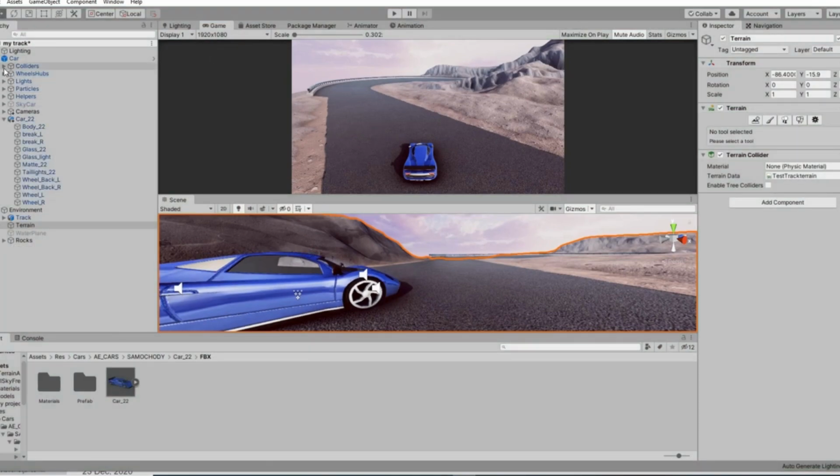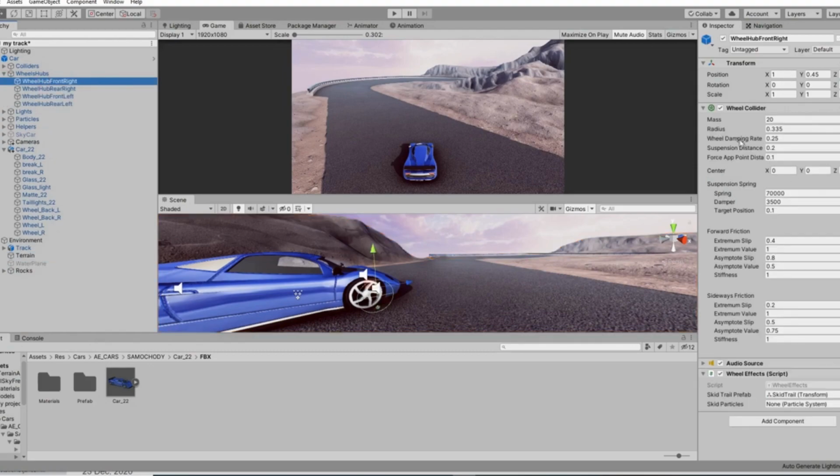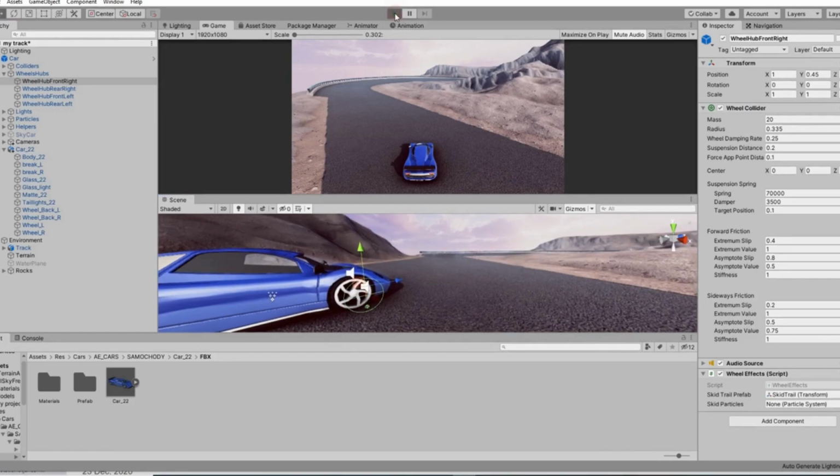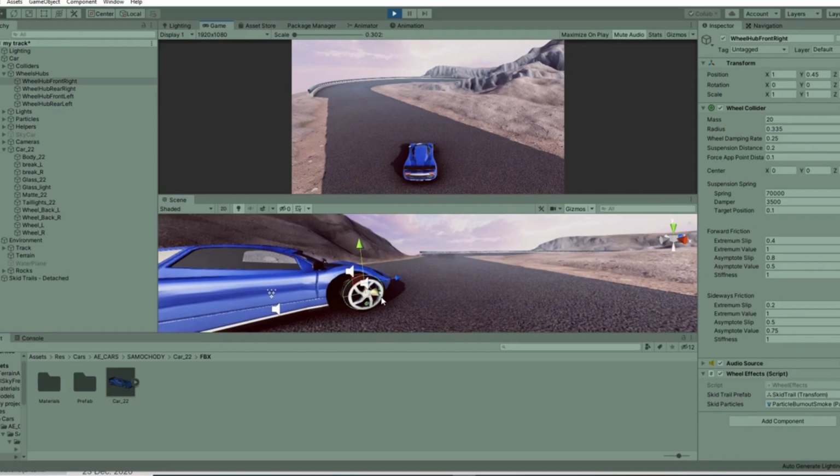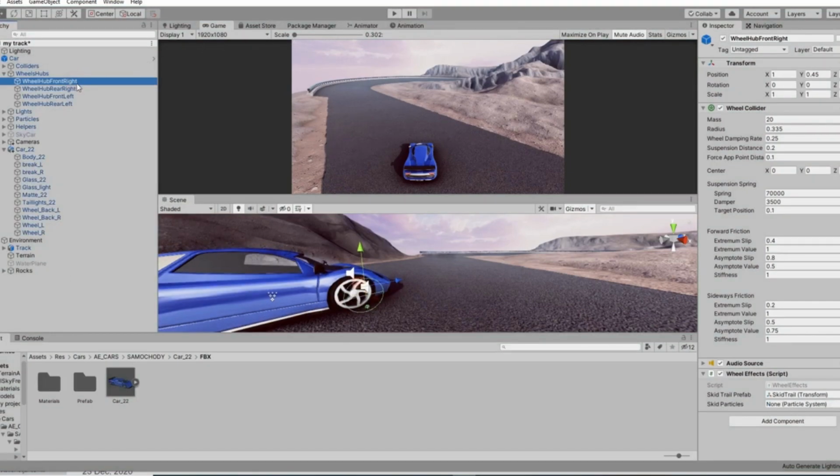If you open your car, here you can see that it has wheels hub, and if you click it, now you can see that these are the wheel colliders. Now select your wheel collider and see that our wheel will move to the position of the wheel collider. So at runtime, it places itself where the wheel collider is. So we can fix this by moving the wheel collider. So move your wheel collider where your original wheel is.